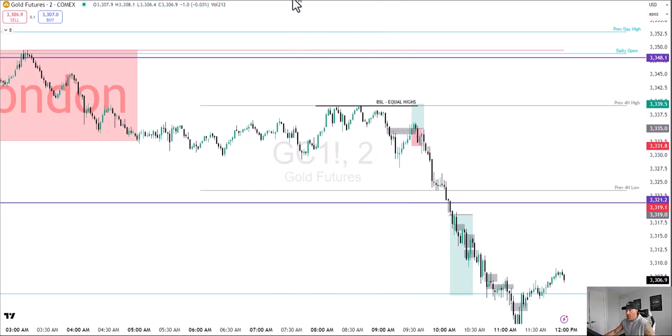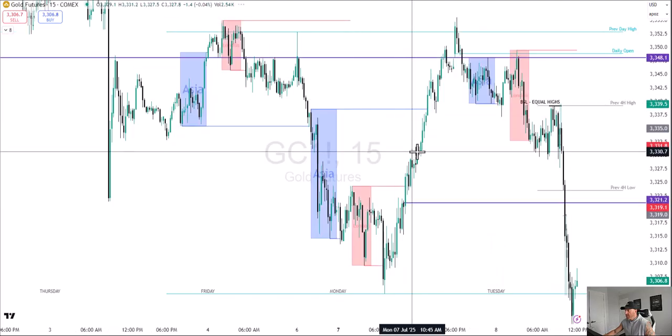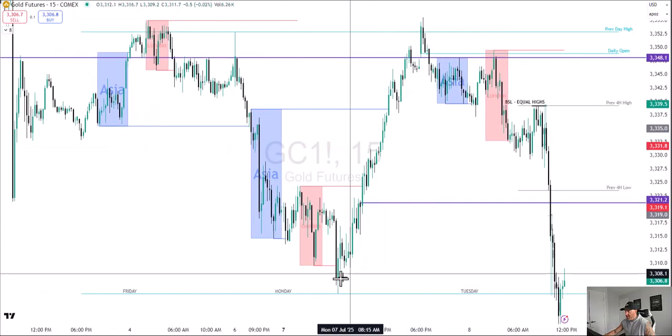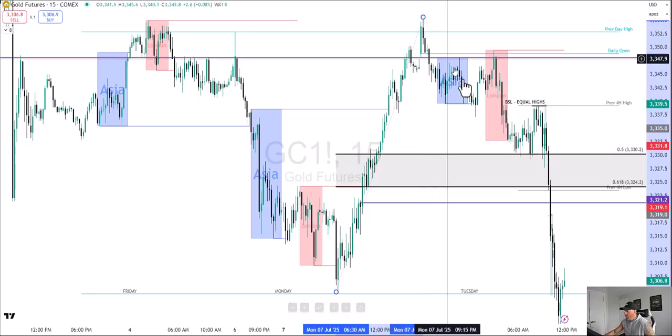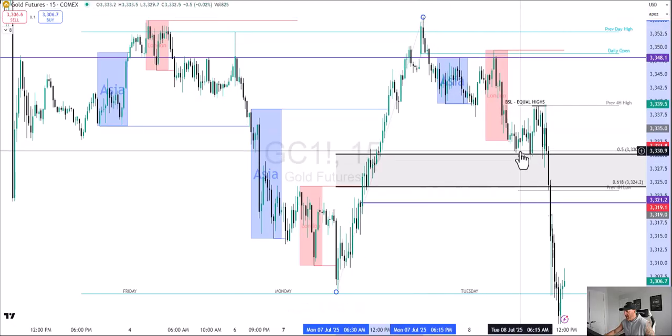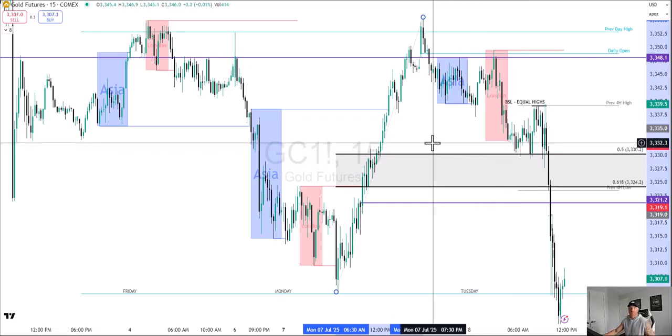Now, also, if you look onto the larger time frame, we go on to the 15-minute, we tapped right into discount. So from this swing low up to this swing high, we came down, tapped right into discount. Well, we had that little internal sweep. So I was like, okay, we've taken Asia lows, we've taken London lows, we took Asia high, we left London highs, but then swept down and took London lows. We've tapped into discount. We have external range liquidity taken. We have an internal sweep. So that was enough for me.